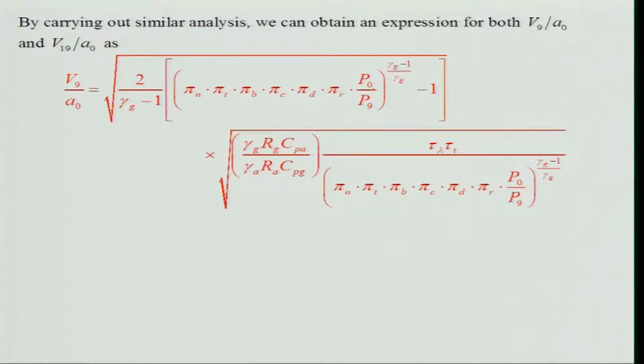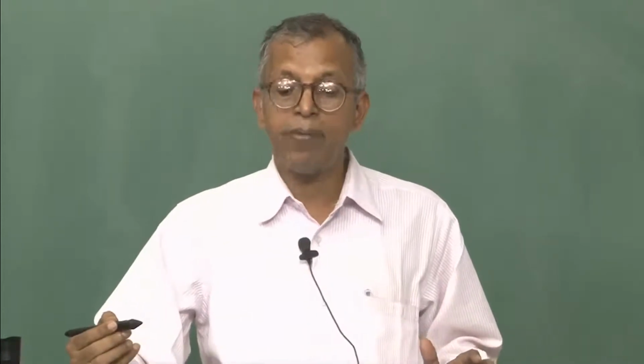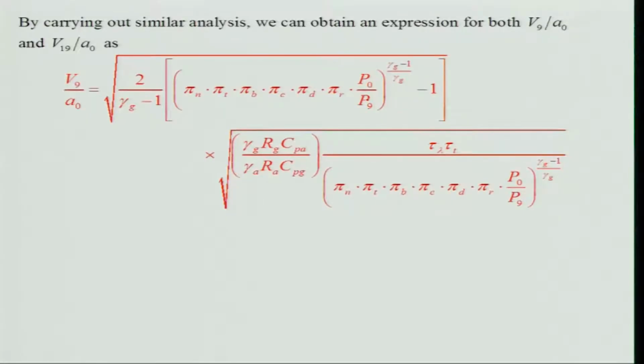So, those are the conditions. Generally a convergent-divergent nozzle is not used in turbofan engines, generally a convergent nozzle is used. So, either it will be choked or unchoked. But in the case of a turbojet engine, this P naught by P 9 will be given, provided there is a convergent nozzle, or it has to be estimated somehow, right, whether it is over expanded or under expanded, it will be different values, right.